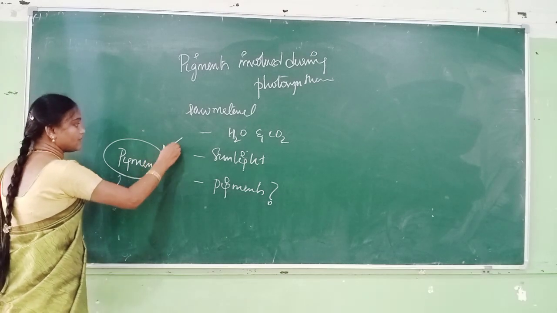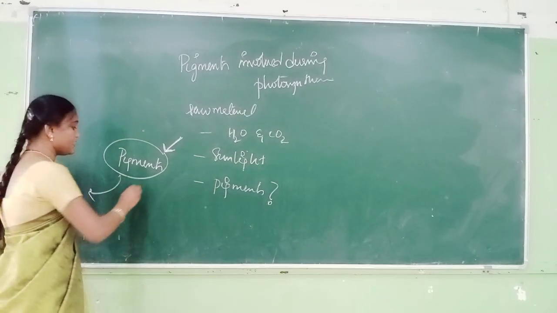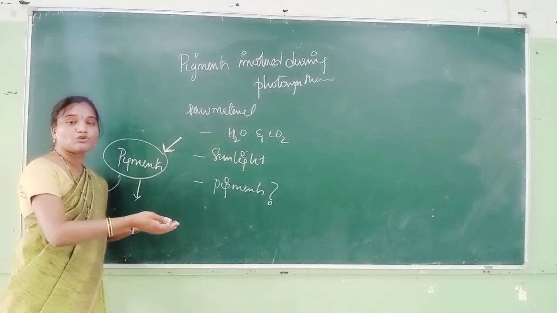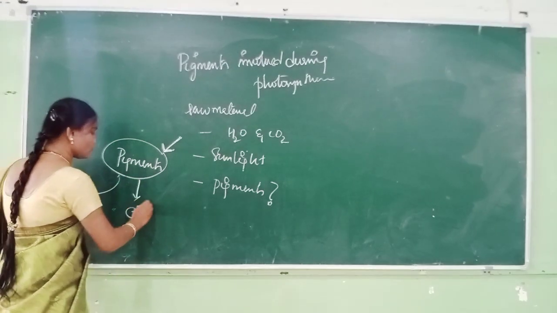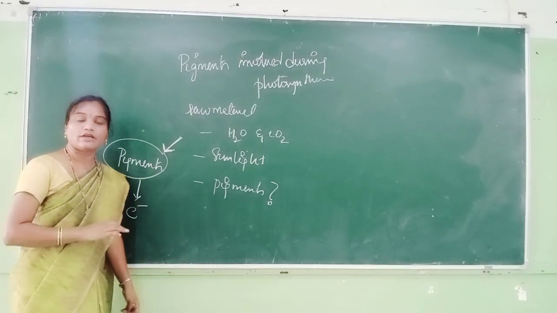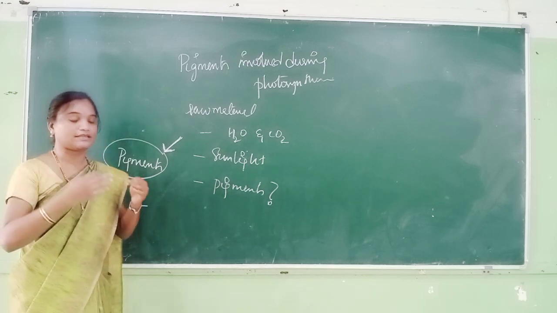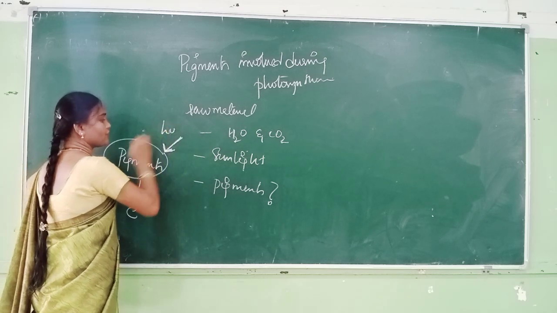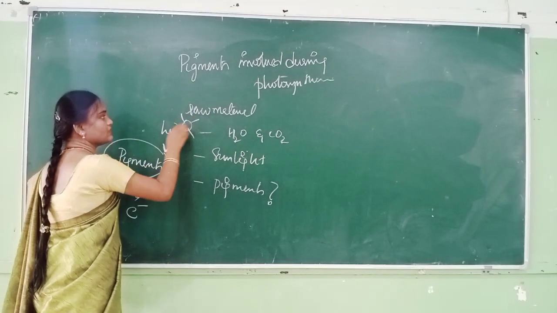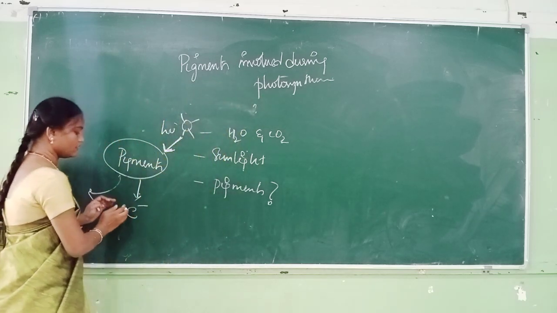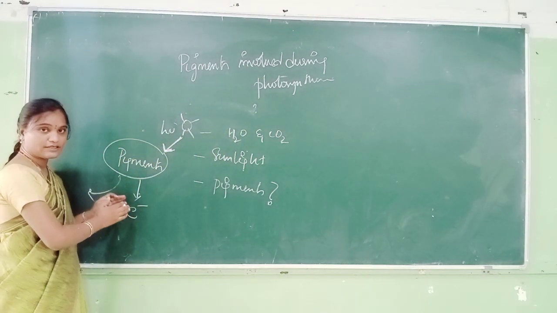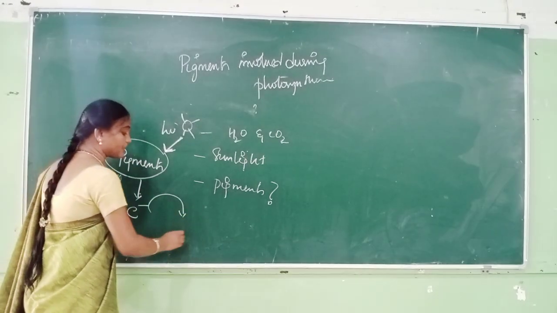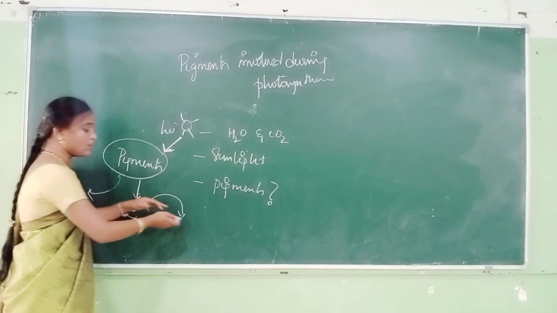Okay, so during this absorption of the required amount of light, electrons in the pigment will jump into the next energy level. So electrons will be in the excited state. During this, from ground level to excited state, by absorption of light energy, hν from the sun, the electrons present in the pigments will jump into the next energy level. So electrons are in excited state, from ground state to excited state.